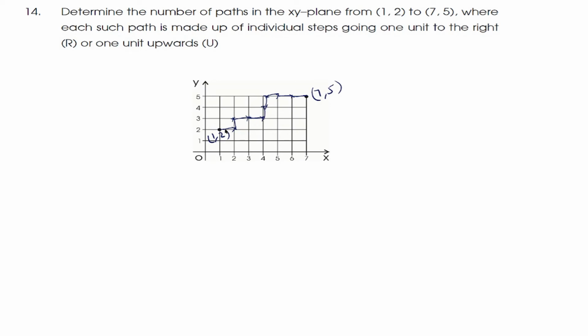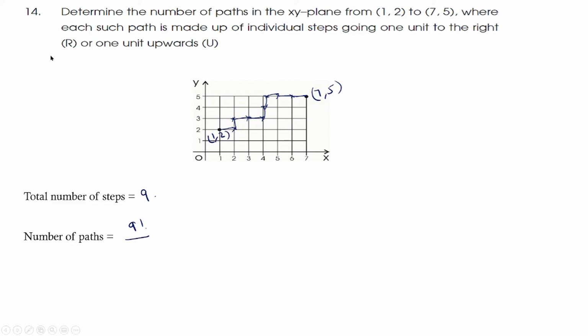So here the number of steps are 1, 2, 3, 4, 5, 6, 7, 8 and 9. So there are in total 9 steps that have to be followed. So the total number of steps equals 9. Now these 9 steps can be arranged in 9 factorial ways. So the required number of paths will be 9 factorial upon